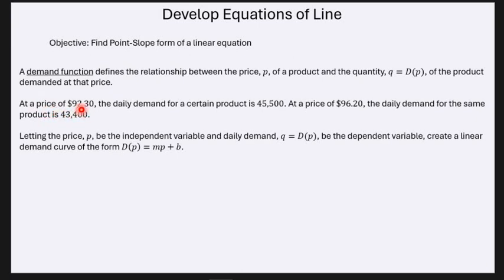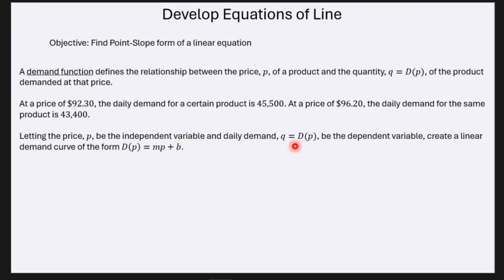At a price of $92.30, the daily demand for a certain product is 45,500. So this is a price. This is the amount demanded at that price. At a price of $96.20, the daily demand of the same product is 43,400. So letting the price P be the independent variable, that's the first component of an ordered pair, and the